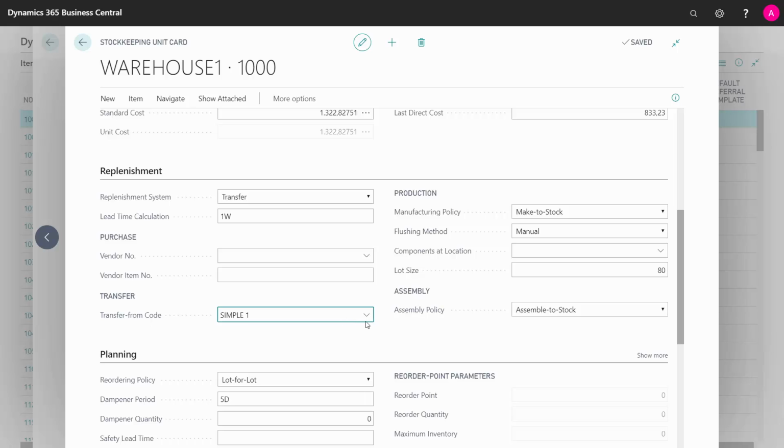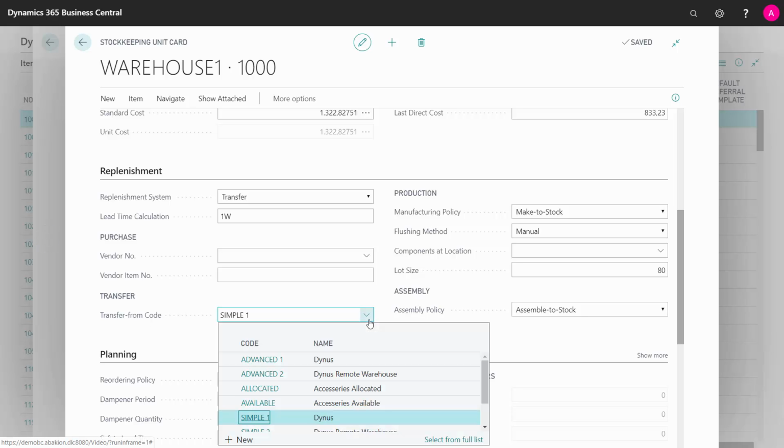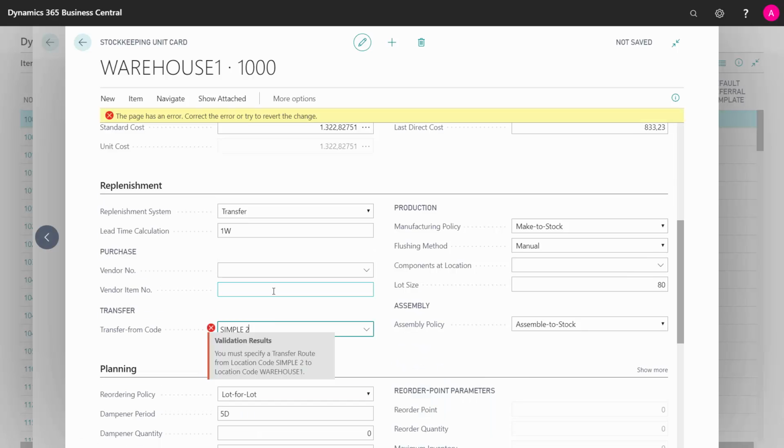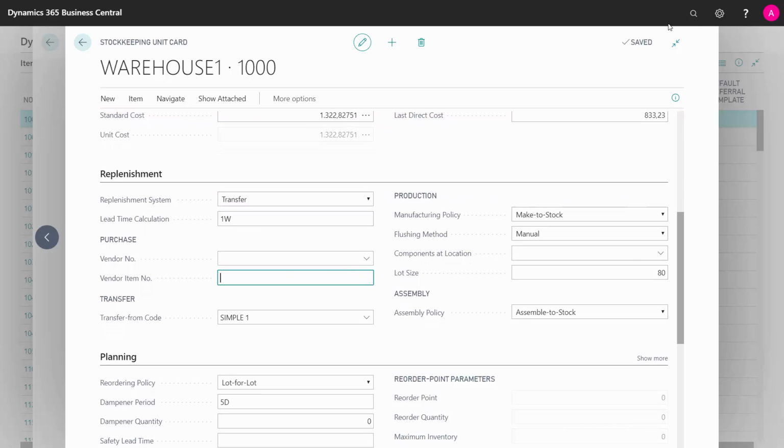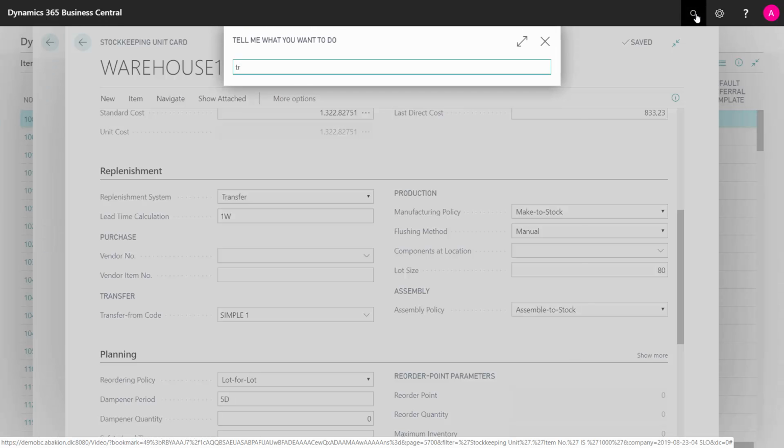To be able to define a transfer from code, I also need to set up a transfer route. Otherwise I will get an error. If I have set, for instance, here symbol 2, I believe I will get a validation result, and it says there's no transfer routing in here. And that's because I need to define, I'll just show you shortly, and I think it's shown also in another video, but just to explain this shortly,